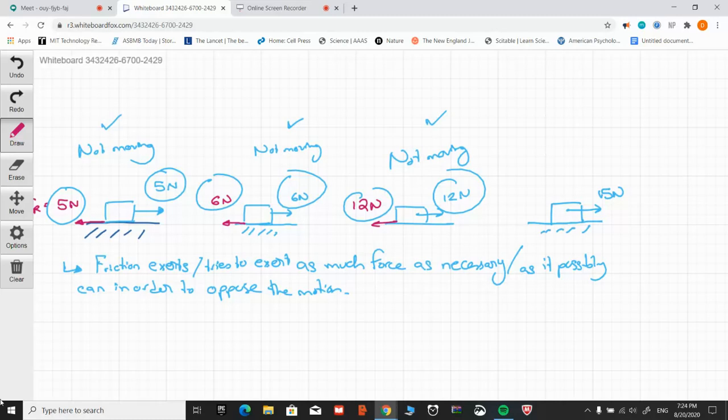And in some case, this kind of friction that needs to be overcome in order to get the object moving is called static friction. Okay, static friction is the friction that is exerted throughout the process where the object is still stationary. Okay,